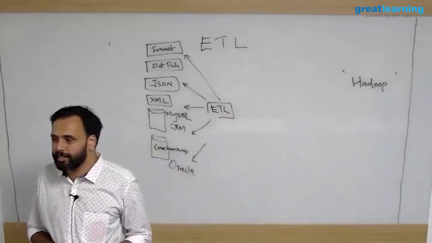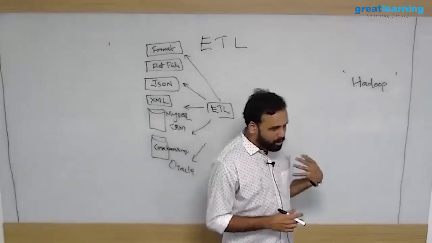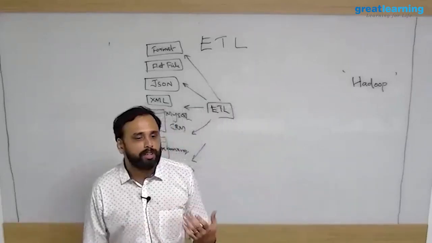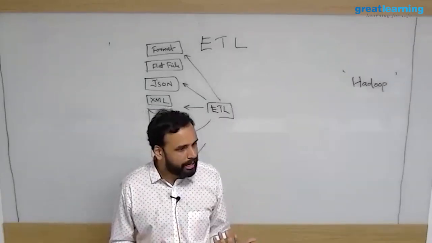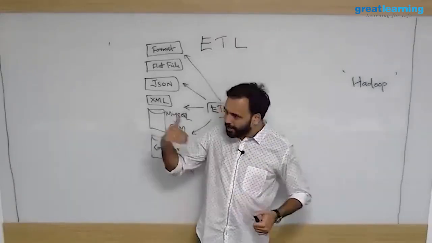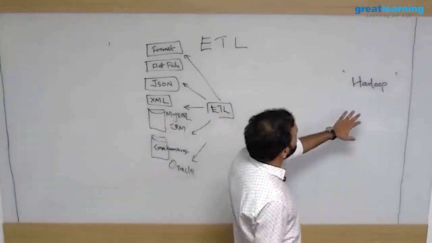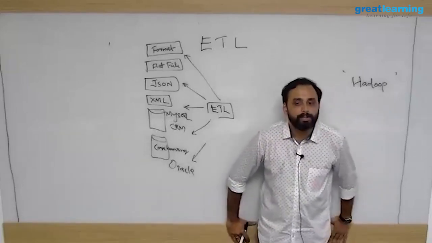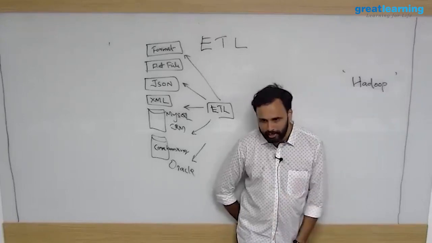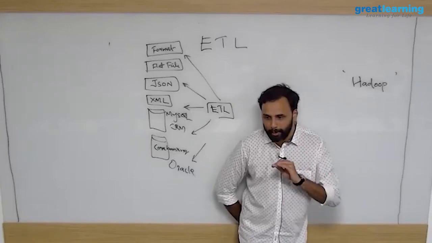And there were two guys called Doug Cutting and Mike Cafarella who created this framework. They took the original idea from Google. So Google was already doing a lot of distributed computing, and Google was dealing with a lot of big data, right? So they published a couple of white papers, and Doug Cutting and Mike Cafarella took the idea from Google and then created a framework called Hadoop. And later they gave it to Apache as an open source project. So Hadoop is an open source project actually, which means it is with Apache right now. You can download it for free, install it for free. You don't have to pay any money.